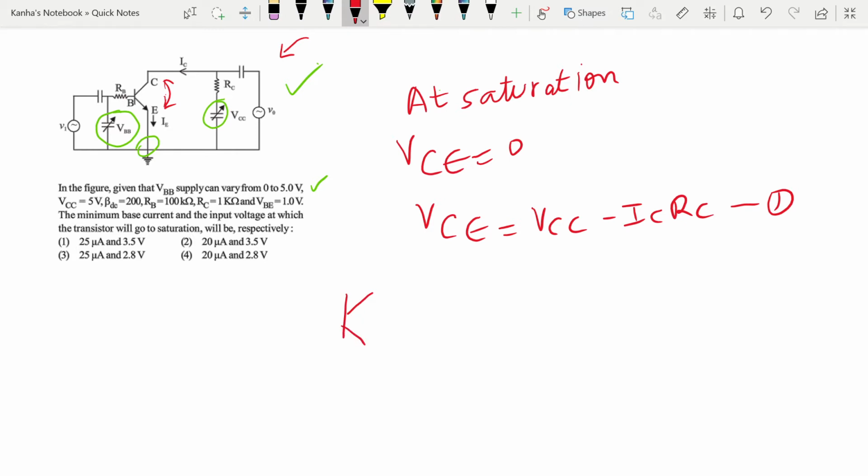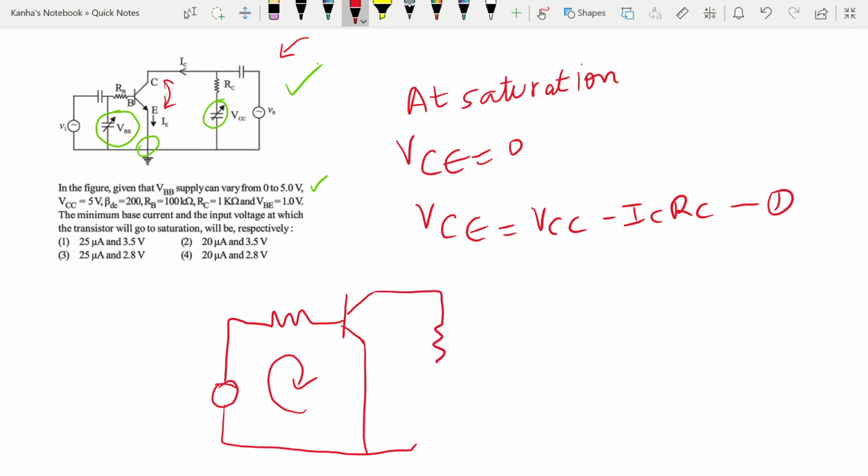So this complicated circuit is nothing but a transistor, which is basically two or three batteries connected together, which have a potential drop across them, and then there is a resistance, there is some voltage. Okay, and this circuit is completed. So this is one loop. The second loop is this one, where there is another resistance and some voltage which is given. So this is another loop. So in every question consisting of transistors, whether you remember a formula or you don't remember a formula, you can always apply the Kirchhoff's loop rules.